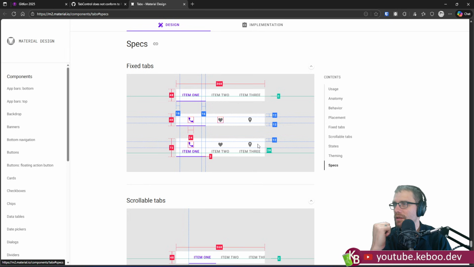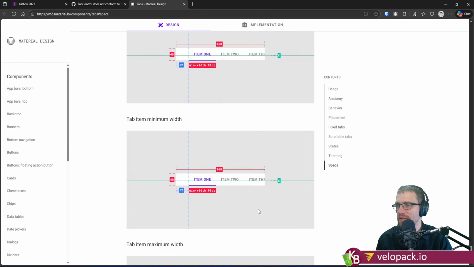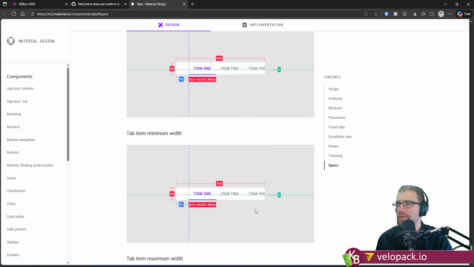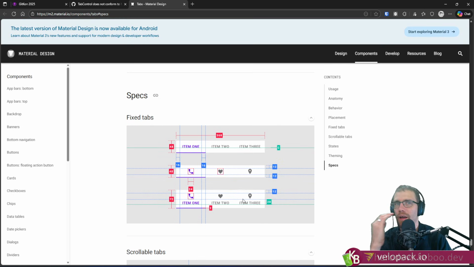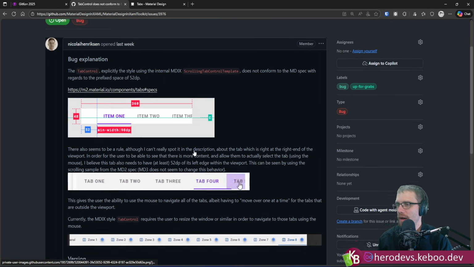There it is, down here. So it's this 52 pixel area here for allowing that offset across. And so I think we're going to take a run at trying to get this a little bit closer